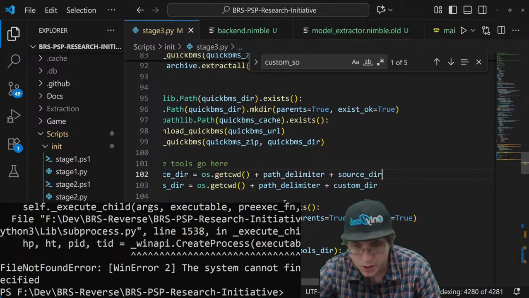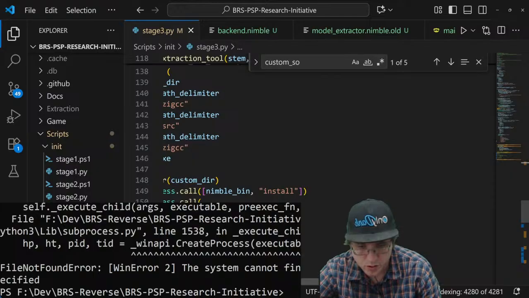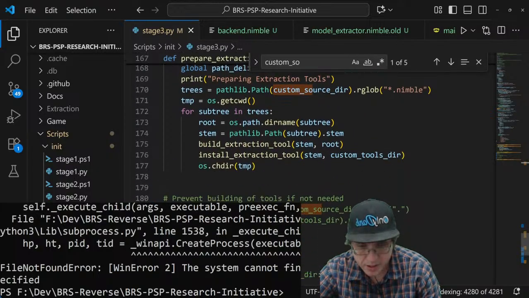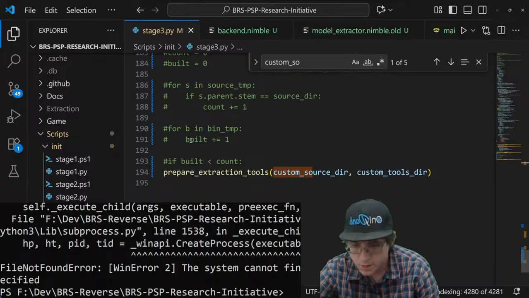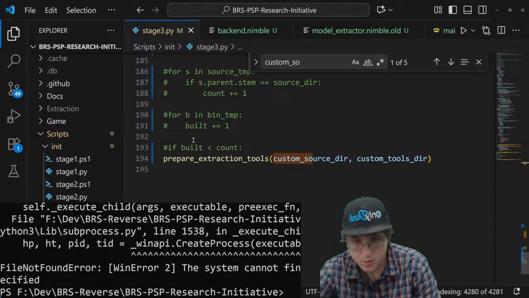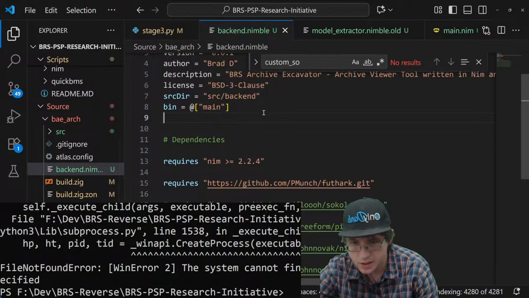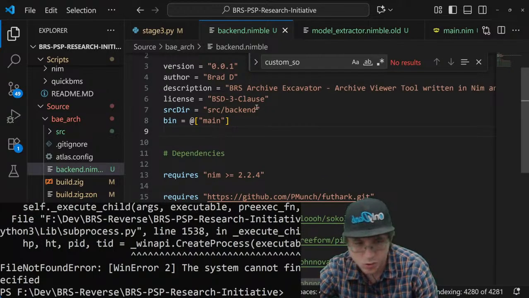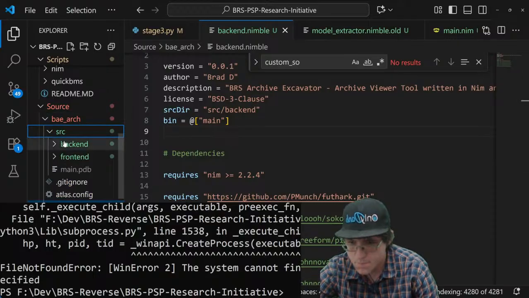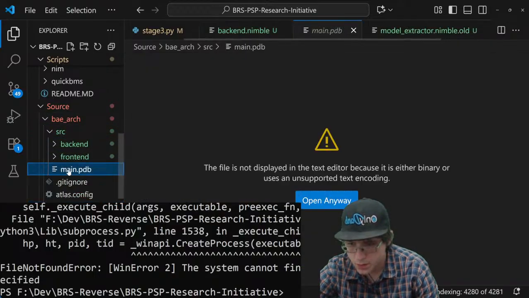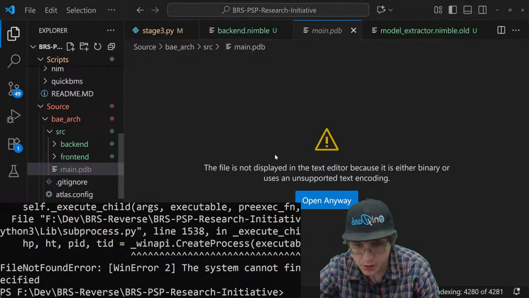Gonna leave the Argolog. That should work fine. The source directory is source backend.